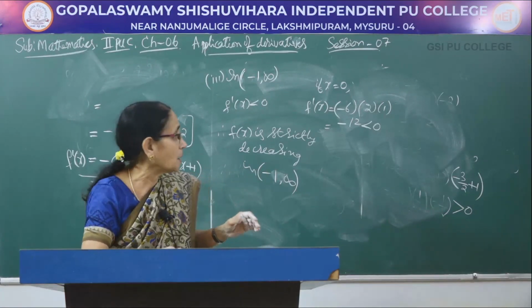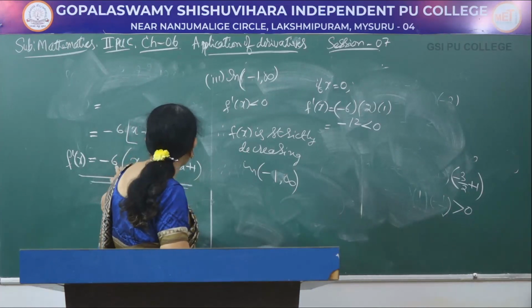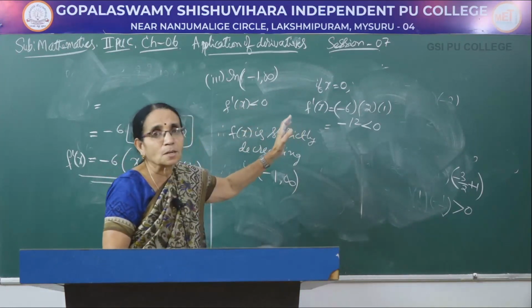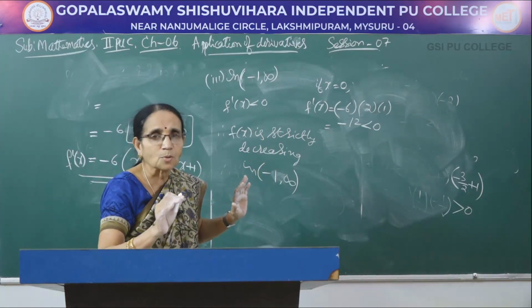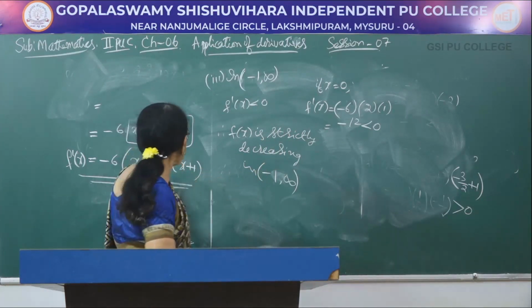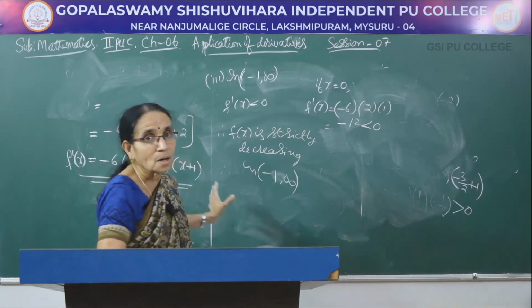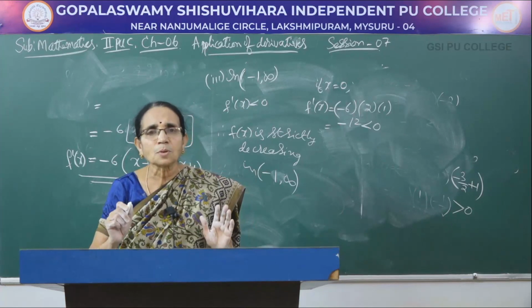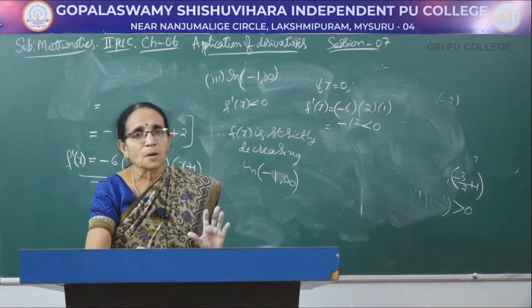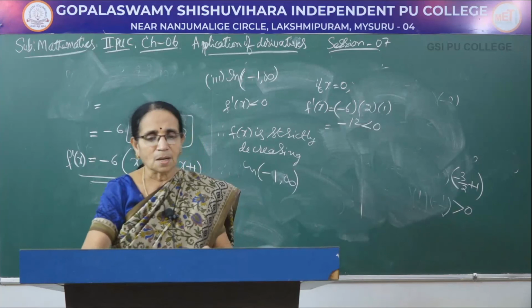So, depending on that, though we got minus 6 here, when you equate it to 0 to get the values of x, do not neglect that one. Only when you equate it to 0 do we get the values of x, but this has to be remembered, do not eliminate that minus 6. With the help of minus 6 only, we can come to the correct conclusion whether it is increasing or decreasing.